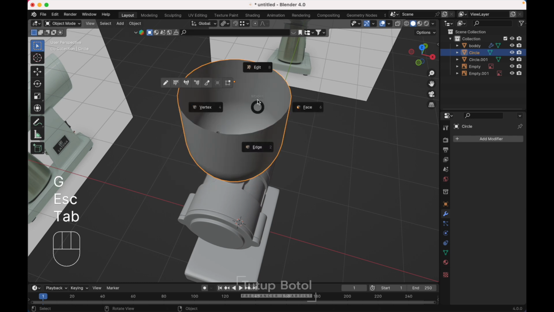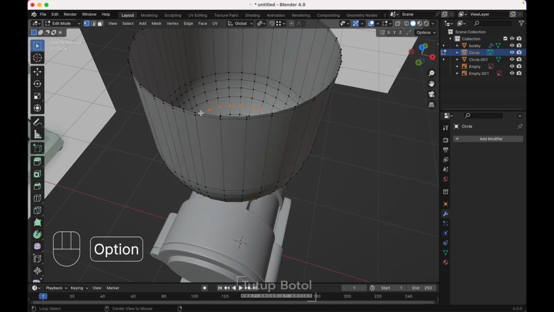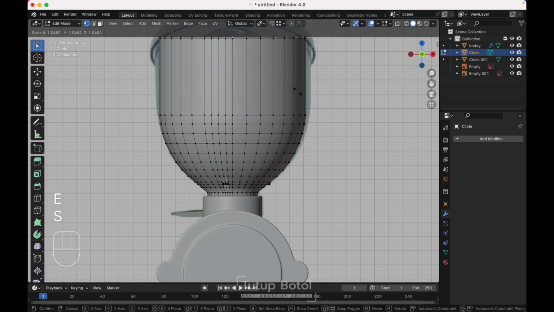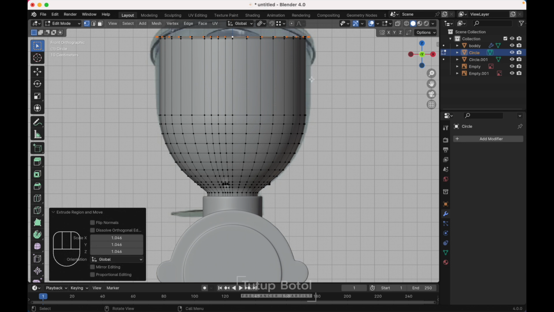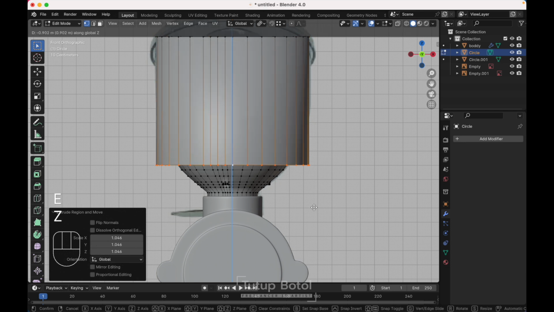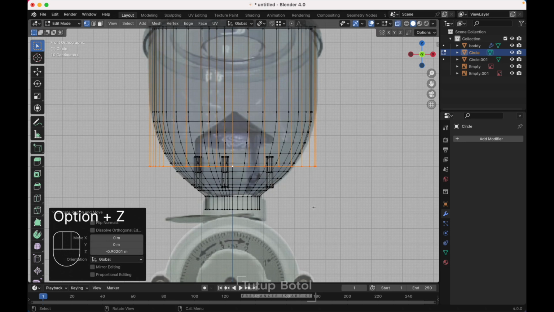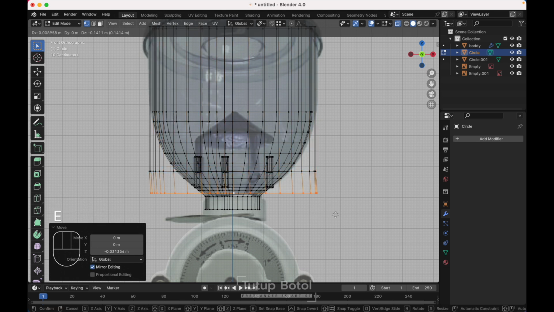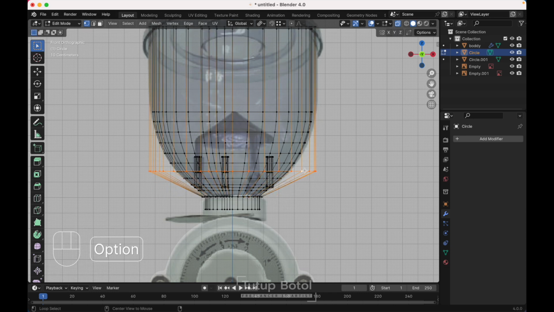Select this object, tap to the edit mode, select this edge, press E to extrude, S to scale it, just a little bit, and press E again, Z, move it down, Alt Z to see the X-ray view, move it down over here, press E again, extrude on the Z axis, S to scale it down like this, and select this edge, Ctrl B to bevel it,